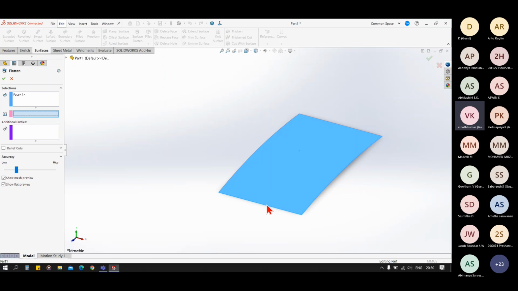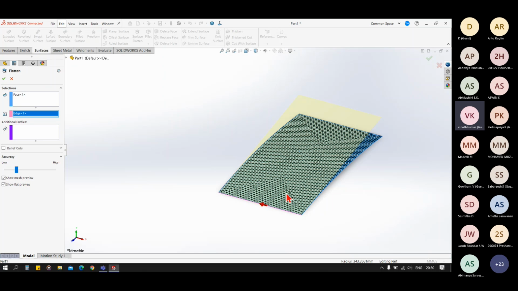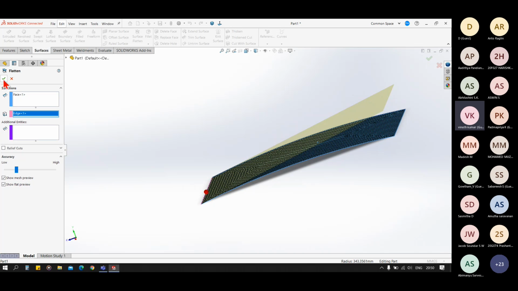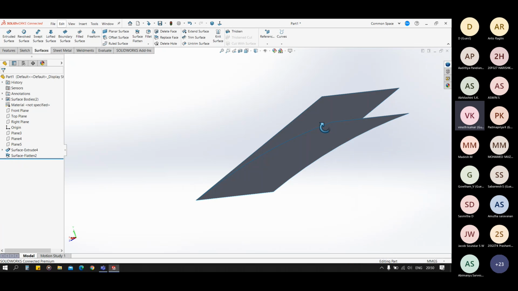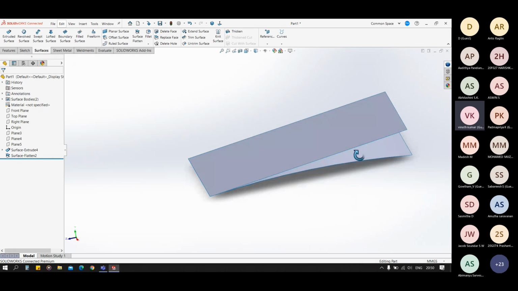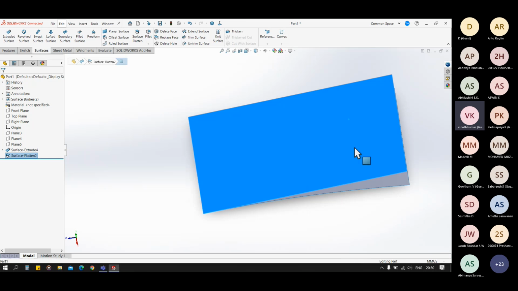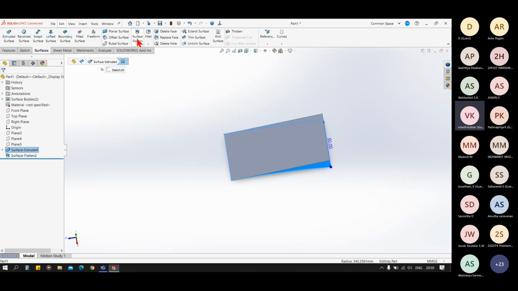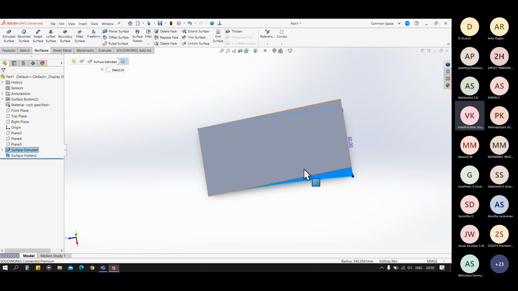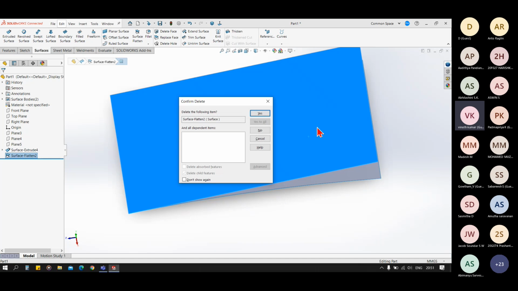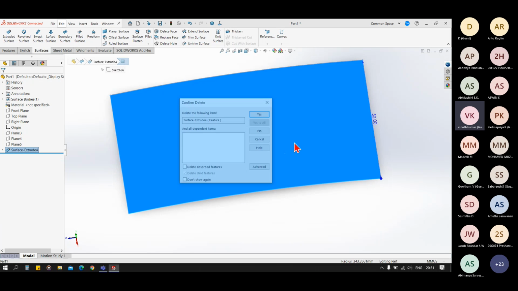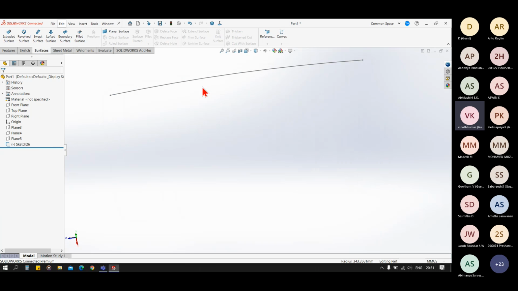I have to select this. And you can see the preview. I selected, I flattened my surface. This was a bended surface, and now this is a perfectly plain surface using a surface flatten tool.